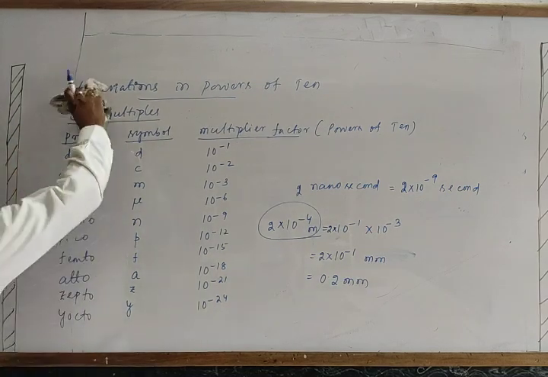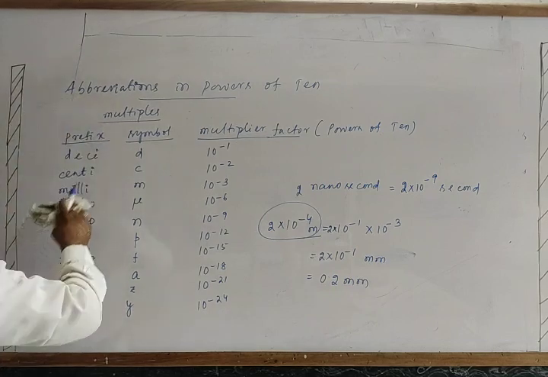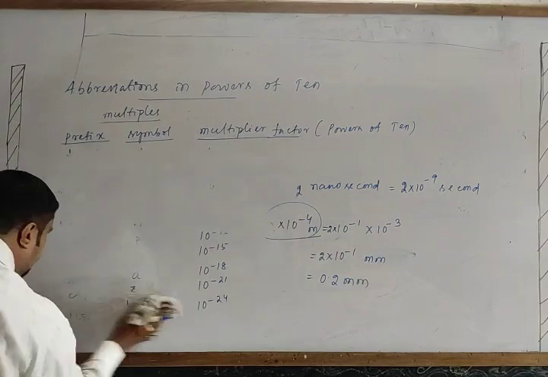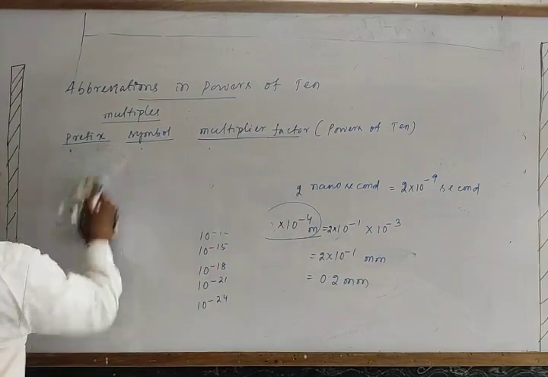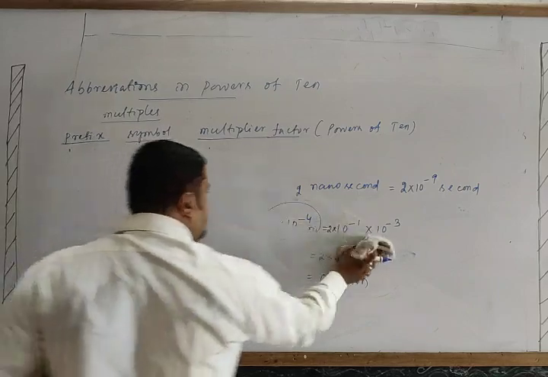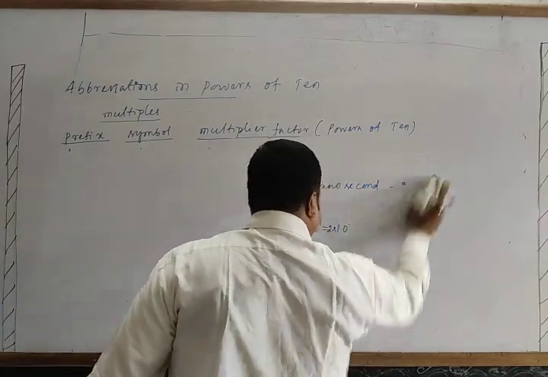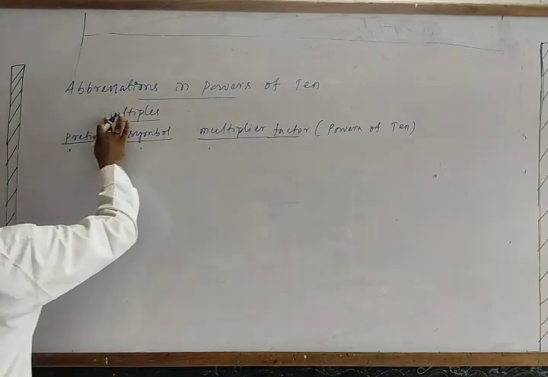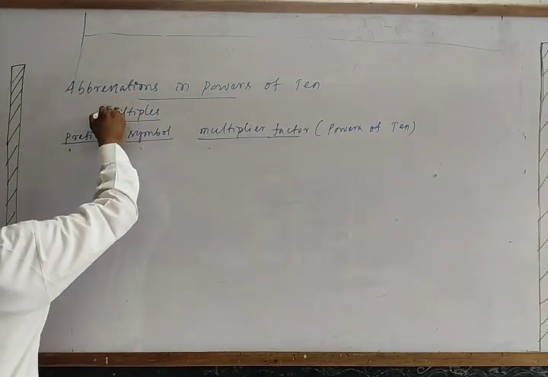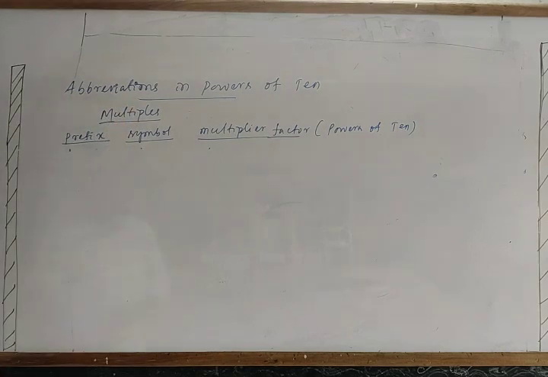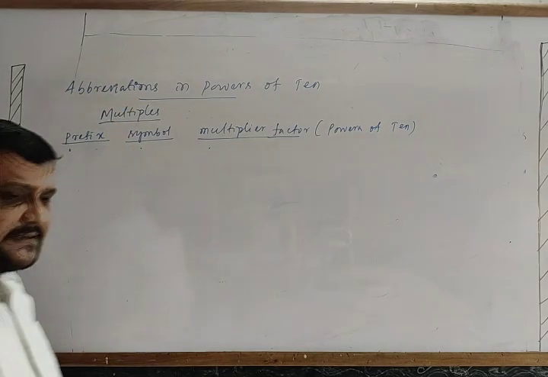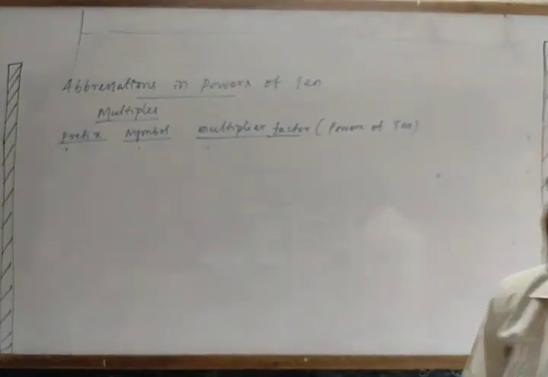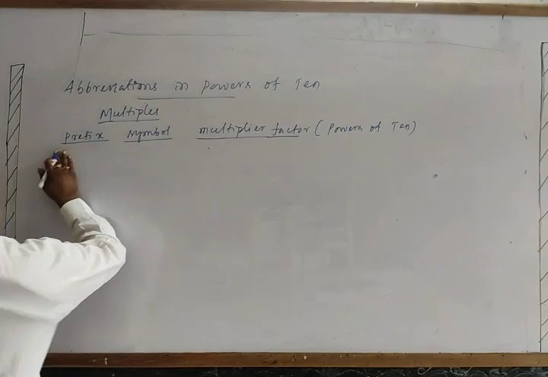Now we go for the multiples. Let me write the multiples again, with the same logic. How do I remember this? I am using the same concept here so that you can remember these abbreviations in powers of 10. These are the prefixes for the multiples. So the prefixes are like this. How do you remember this? First I will take